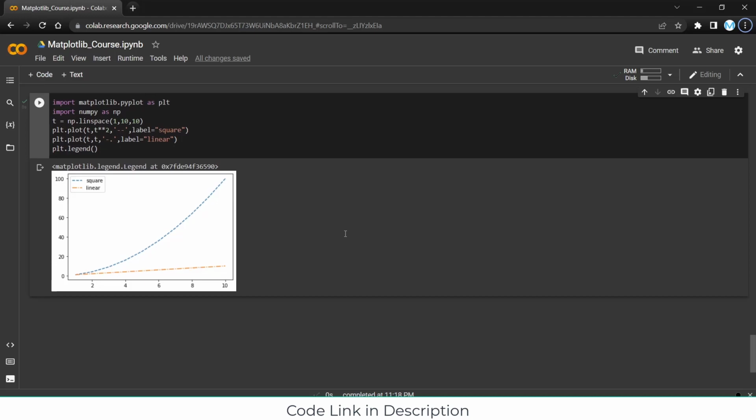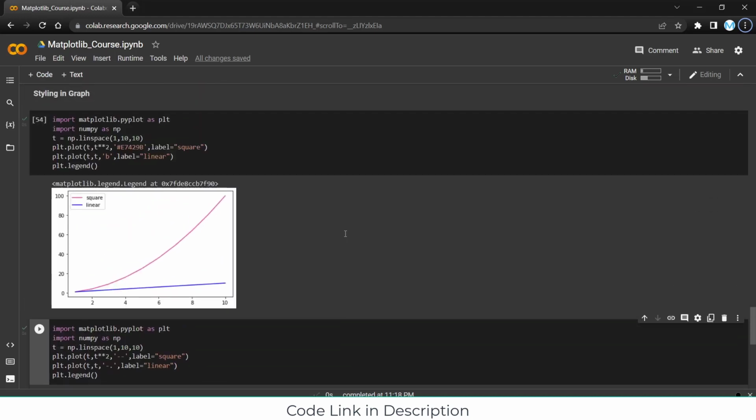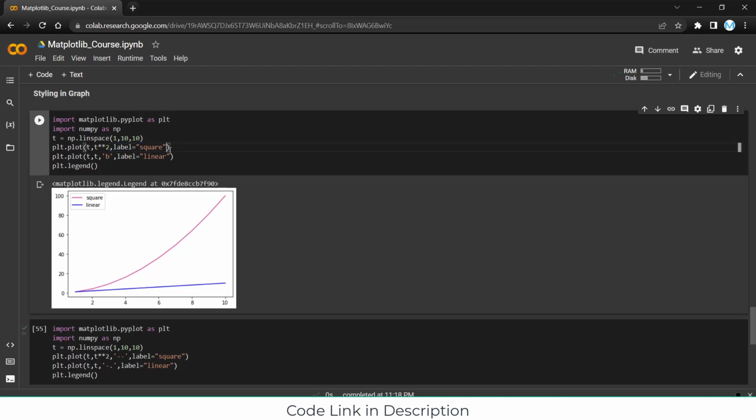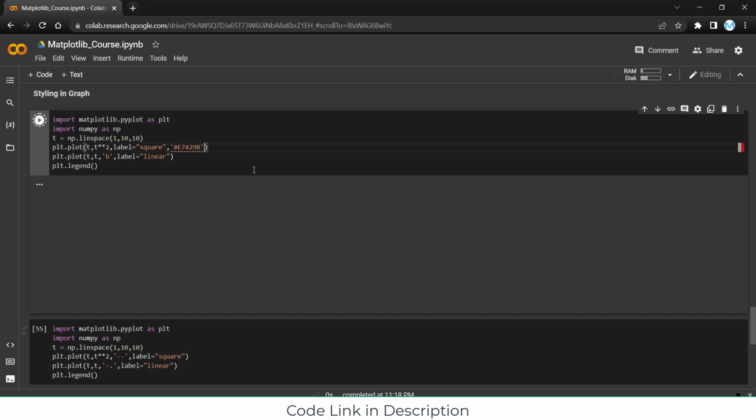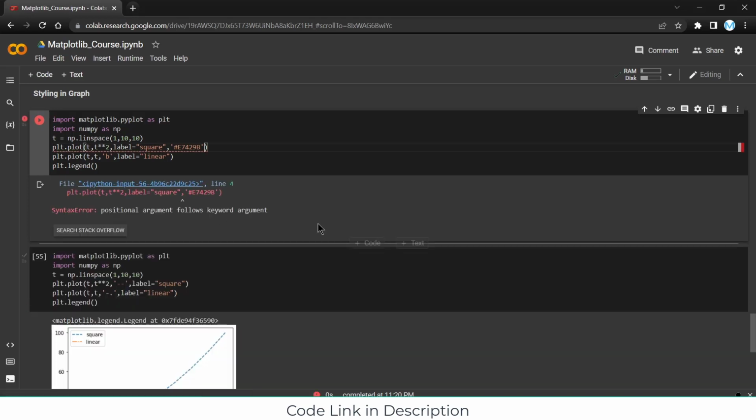Before I move forward, let's talk about some beginner level mistakes made by beginners. Suppose you can see label is written here. If I copy this, and let's say cut this and paste it over here and press Ctrl Enter, you will see it will not